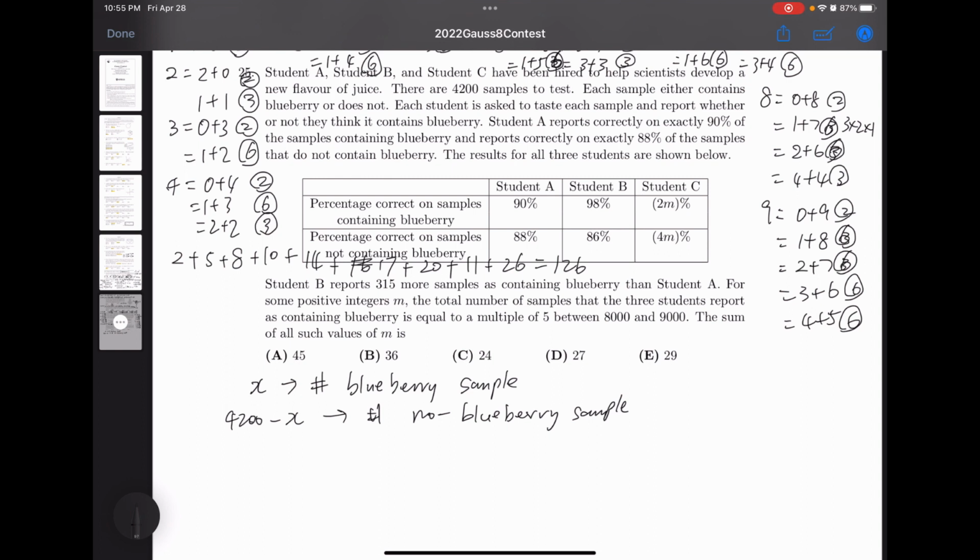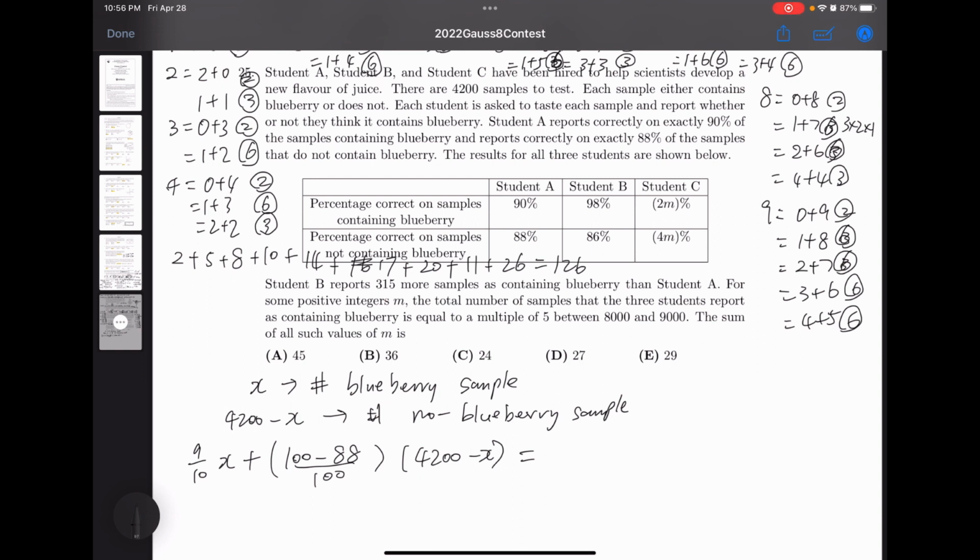Then the number of samples that student A reports as containing blueberry would be 9/10 x plus (100 minus 88)/100 times (4,200 minus x), and this would equal